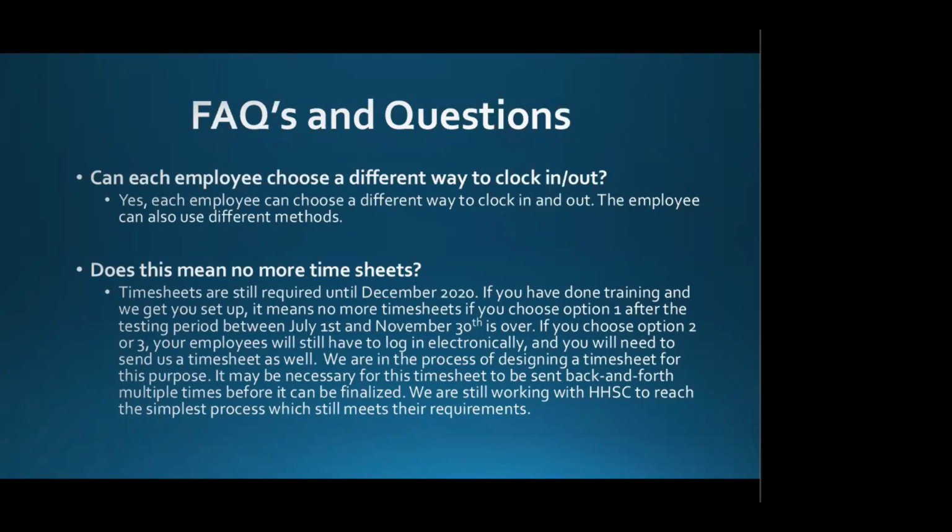So clocking out seems cumbersome, especially for visits which involve several different types of services in one visit. It takes time away from working with participants. Can the employer record the changes in services at the end of the shift or later? So yes and no. And the reason I say yes and no is that